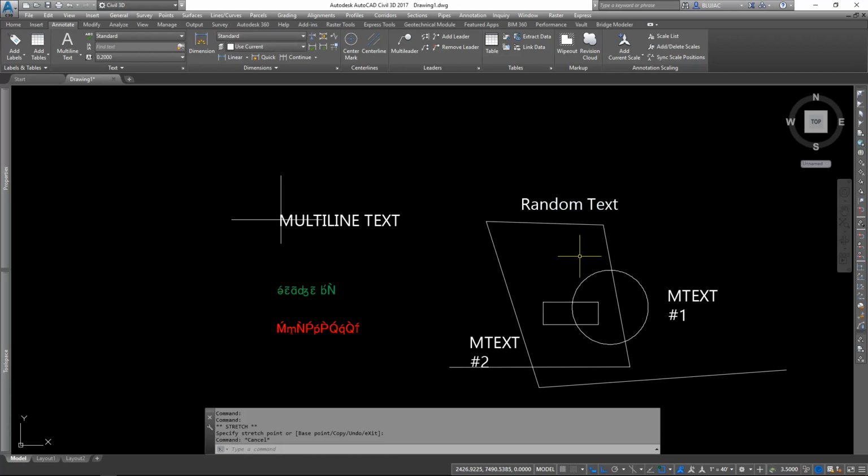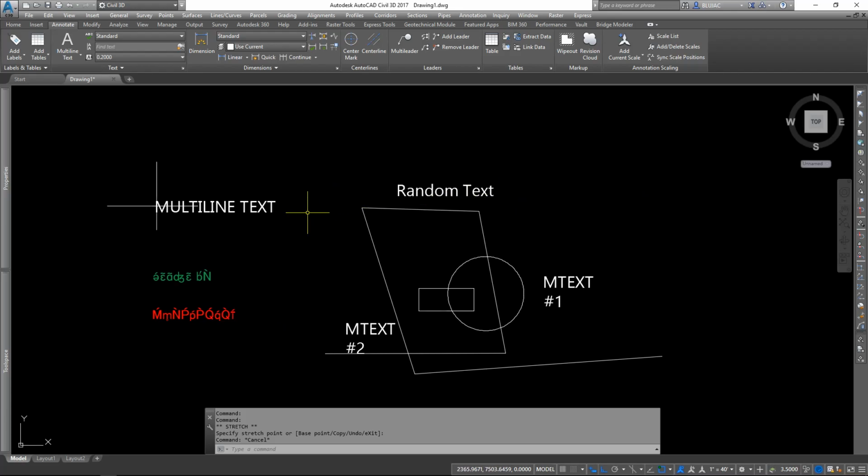So a couple different ways we can make changes to our text objects. This is definitely not all of the changes that you can make, but it's a good introduction at least to using text objects and starting to manipulate them a little bit. So more videos to follow on this, but I hope